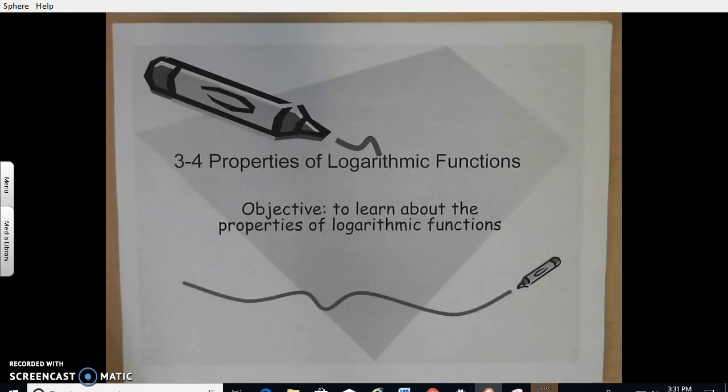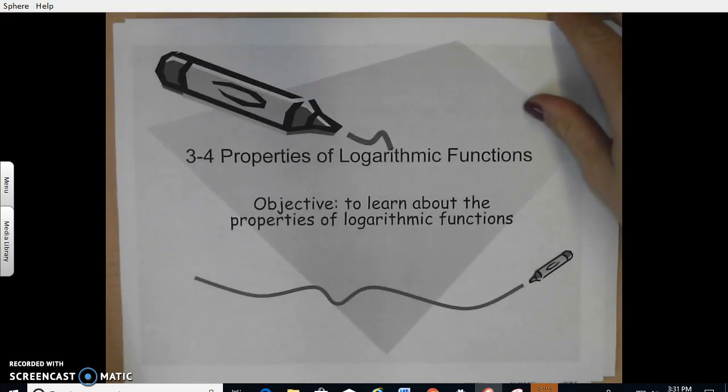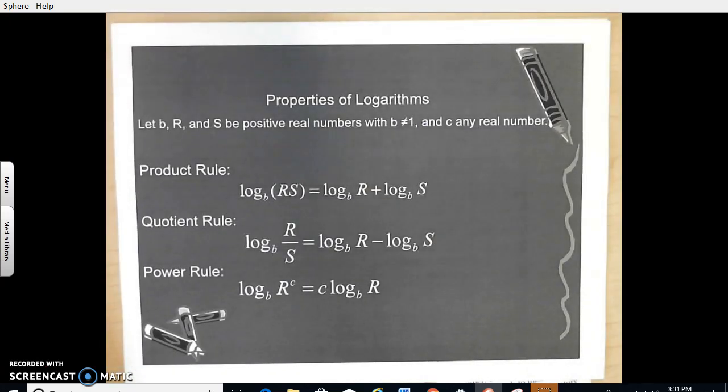Hey guys, today we're going to do 3-4 properties of logarithmic functions. So we will learn about the properties of logarithmic functions. Properties of logarithms. Let b, r, and s be positive real numbers with b not equal to 1 and c